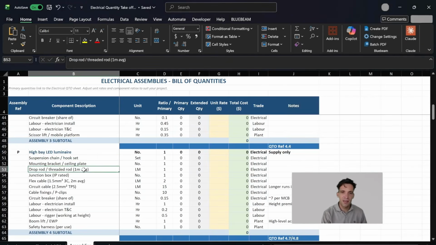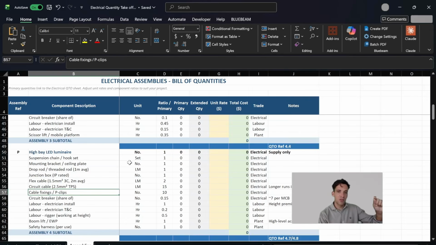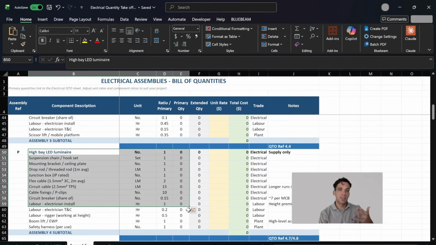Again, this is for a hanging light. We need a mounting bracket. We need a junction box, one per light fitting. We need 2 meters of cable on average per light fitting. We need cable fixing, all these items. So again, the only quantity we're measuring is this. These are going to be pre-built assemblies we set up in our takeoff software that automatically calculate based on the